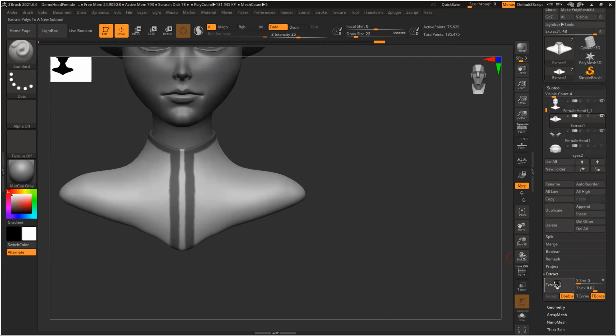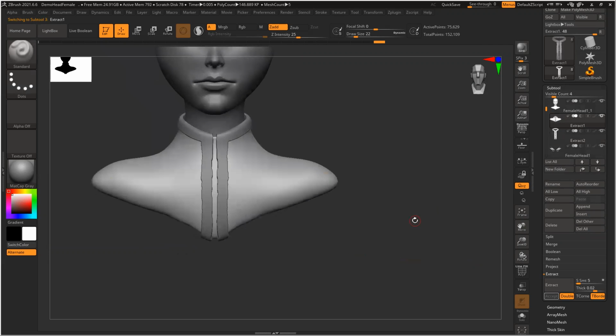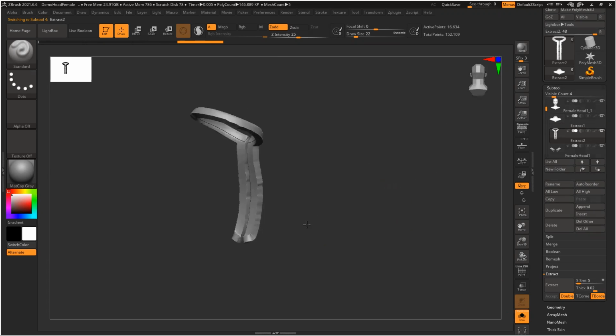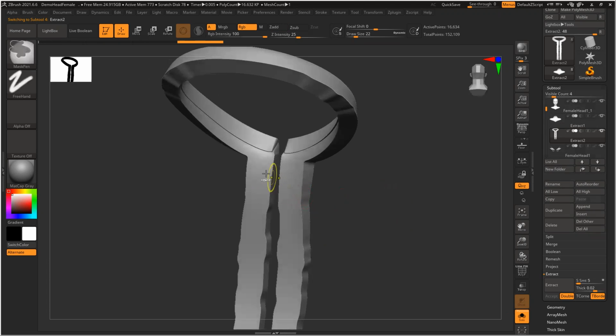So again, extract, mask, remove this one. I want to fix this one. So this time, solo, you can see it creates this really thick geometry.